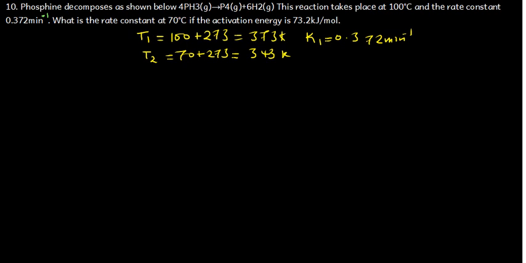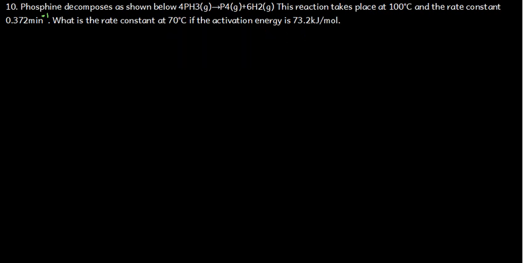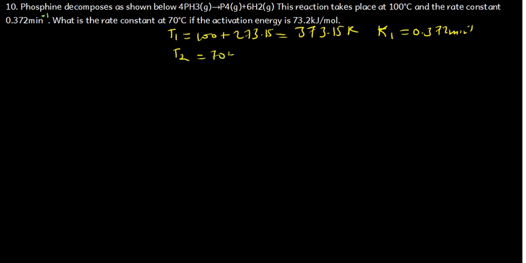Now, K2, let me do this again. It's the same thing. I just want to use T1. We have got 100. Let me use 273.15. It's fine if you use 273. That is going to give us 373.15 Kelvin. And then K1, the first rate constant, is 0.372 per minute. And then the second temperature is given as 70. We also add 273.15. That is going to give us 343.15 Kelvin. We don't know the second rate constant K2, but what we know is the activation energy, which is